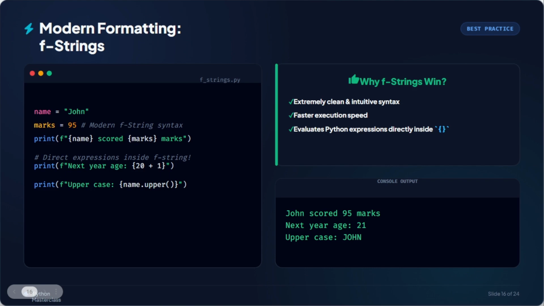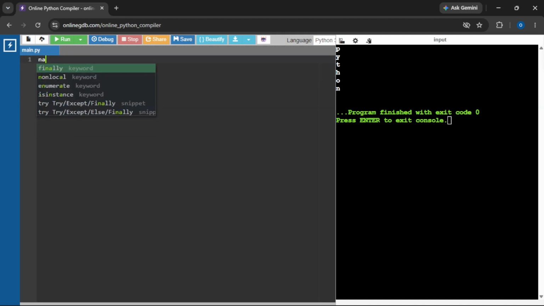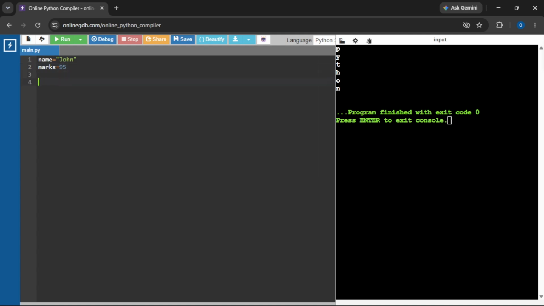Let's see an example for easier understanding. name equals John, marks equals 95. Then print